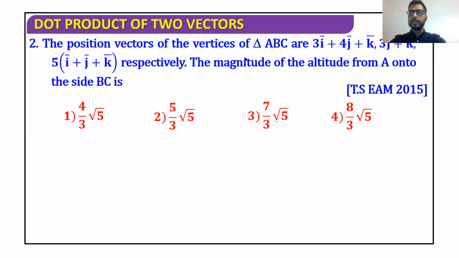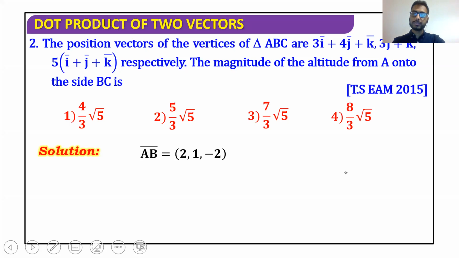Therefore, first I'll use A bar dot B bar. That will give me my value of projection, which is equal to the length of BD. Then I would find the value of AB, which is my side. As I'm having two sides, I can find the third side of my right angle triangle by using the Pythagoras theorem. Let's see the solution for this one.